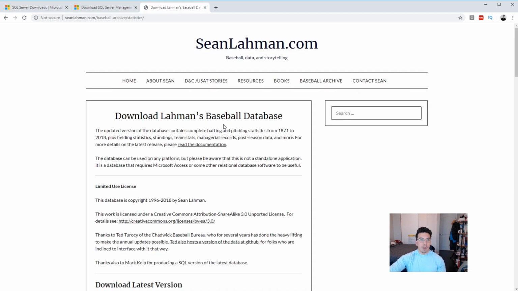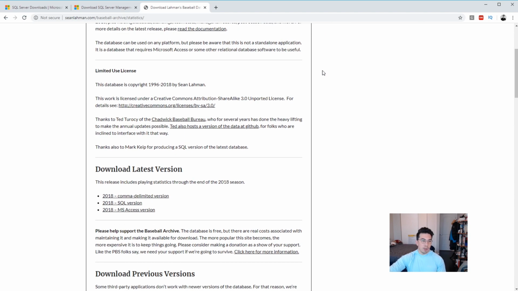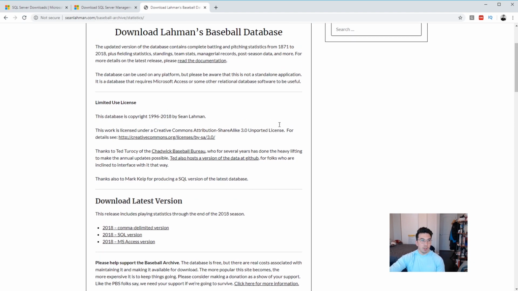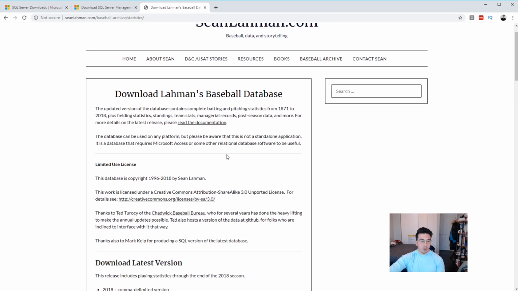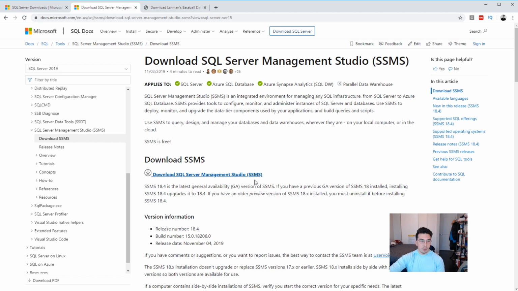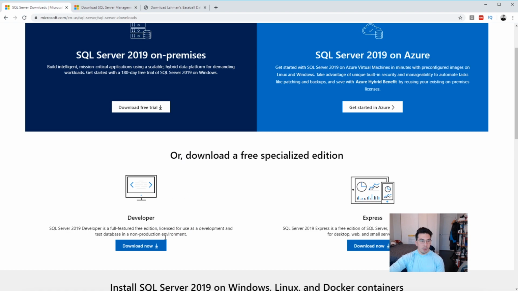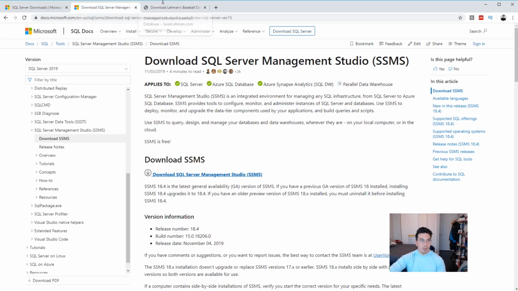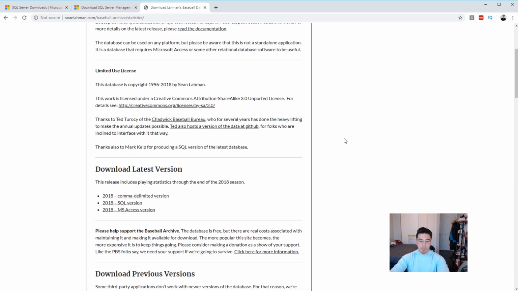If I find a good video on someone showing you how to actually put this together, I'll include that as well. Right here is the Lahman baseball database, a really good database that we're going to be using and setting up to actually query from. So after you've downloaded Microsoft SQL Server, you'll come here and download the 2018 SQL version. It should be SQL Server Management Studio 18, and this one should be 18 as well. So after we get that set up,